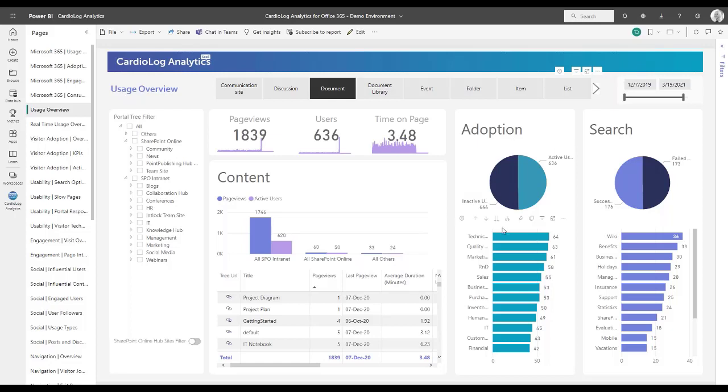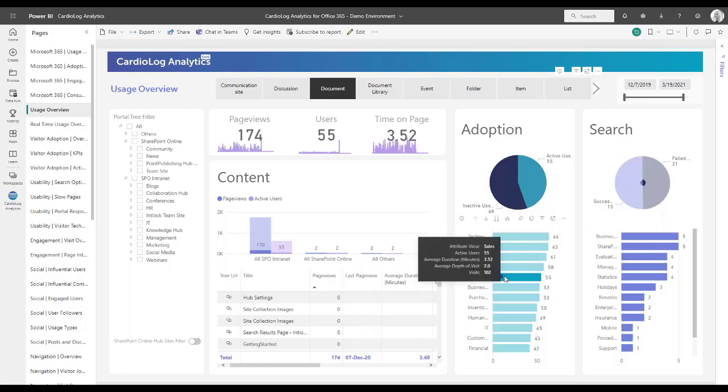Or if we look here, a breakdown by departments, this is also customizable, and it can be any attribute you'd like to see, like region, country, branch, or job title. Everything here can be sliced and diced or filtered. If I click here on a department such as, let's say, sales,